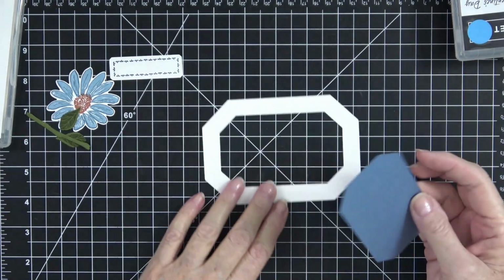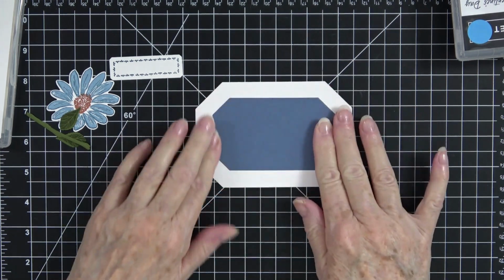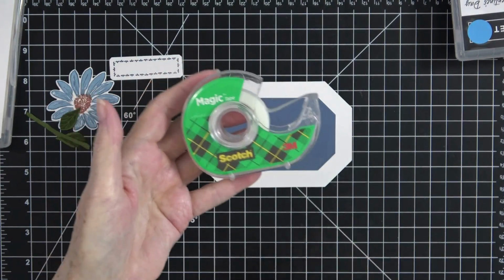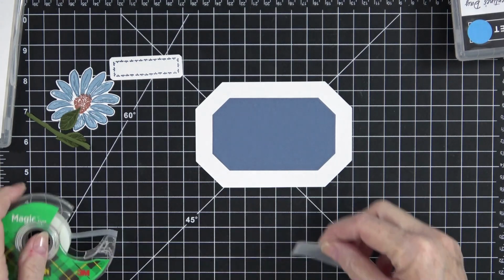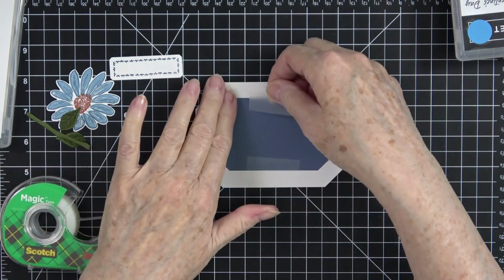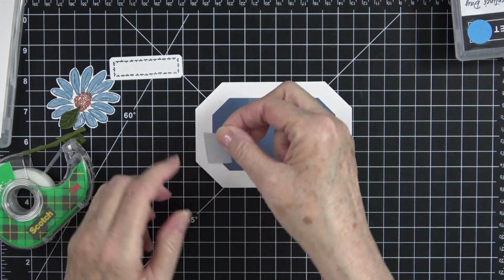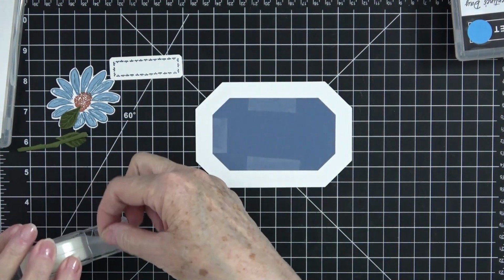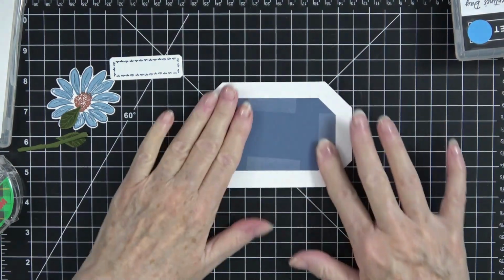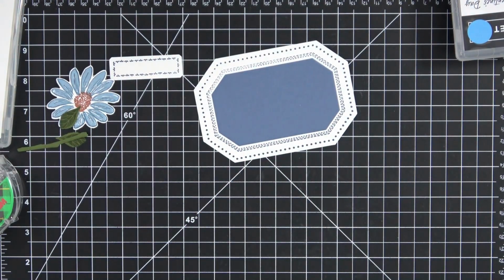And how I found out it was easier to do this was to lay it out on my craft mat and just lay it in like that. And then I used just some old-fashioned regular Scotch tape. And all I did was put a piece here, a piece up here, and then I did two smaller pieces on each side, there and here, just like that. Now that makes that piece become one piece, and that holds it perfectly so that when you